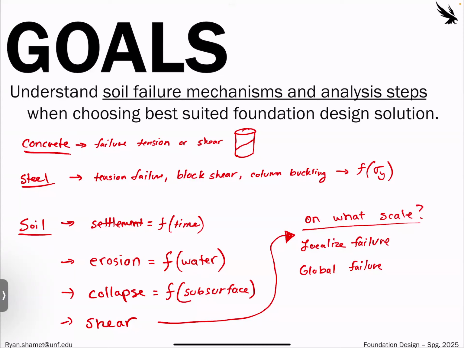So not only, for concrete and for steel, do we have the material actually failing, and that's usually what we have to check. But for soil and for foundations, we have to check settlement, whether that might fail, erosion, whether that might fail, collapse, like subsurface, as well as shear on the localized and the global side of things. And the other thing that I didn't mention, along with collapse, is something called heave,